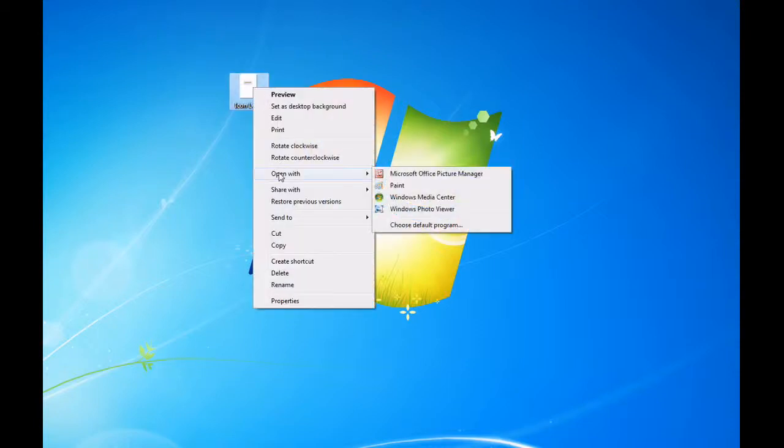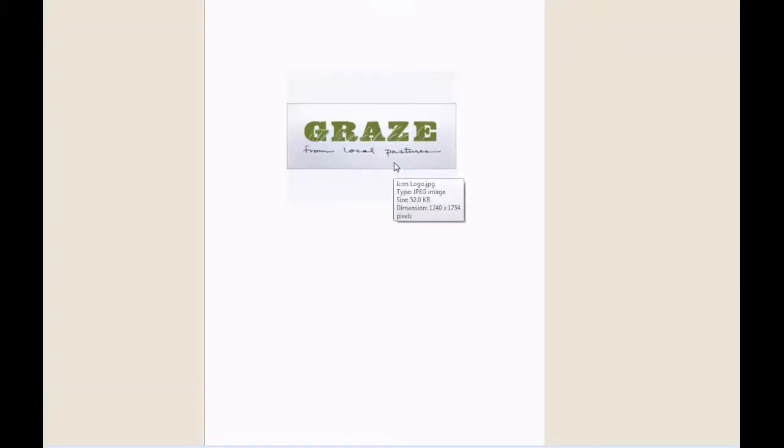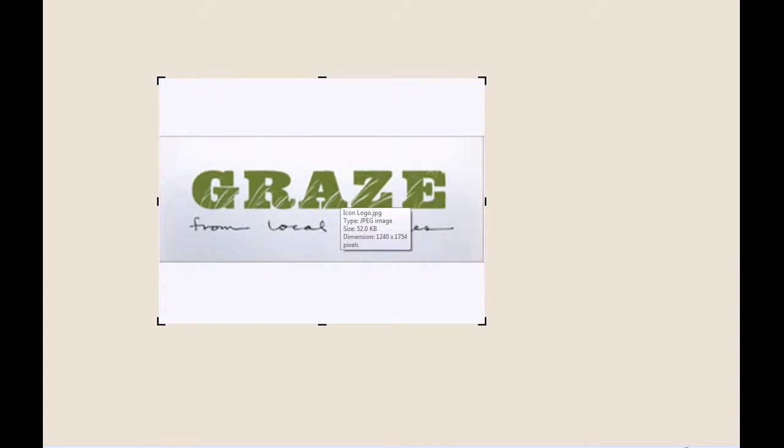Now on Windows, the only software that they have on there that you can use to crop and things like that is the Microsoft Office Picture Manager that comes standard on the PCs. So you're going to want to right click on the image, Open With Microsoft Office Picture Manager, and we need to edit or crop all that white space off of there from what we did on Publisher, because when you save it as an image from Publisher, it actually saves the whole page, and we want to crop all of that out. Again, there's other ways that you can crop pictures, but now we have a square that we can upload